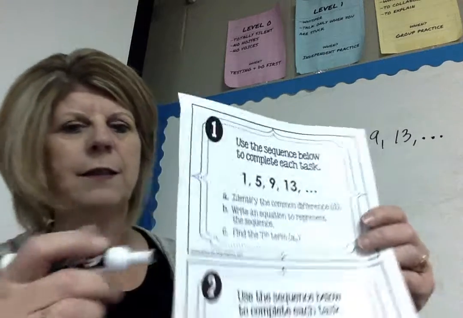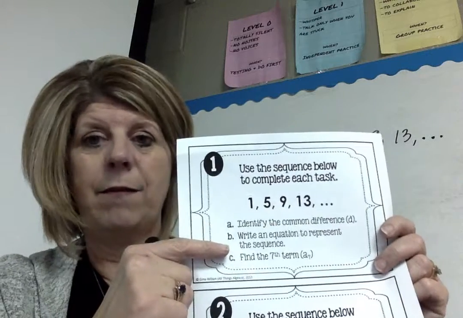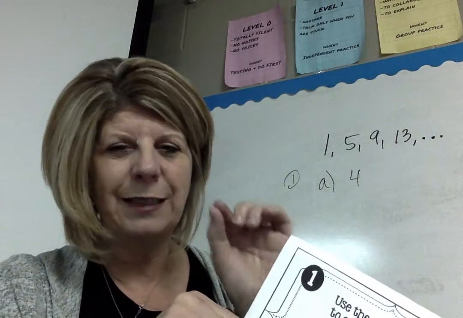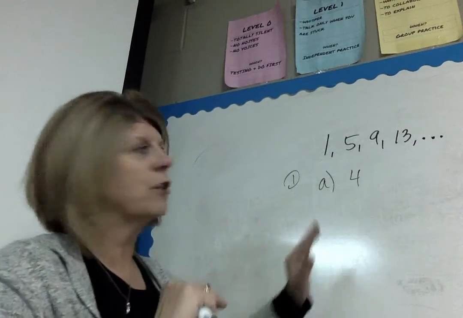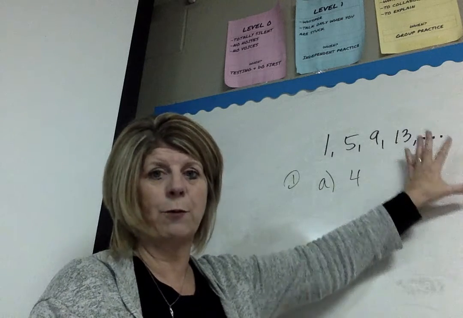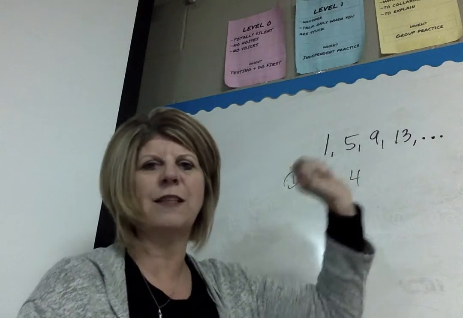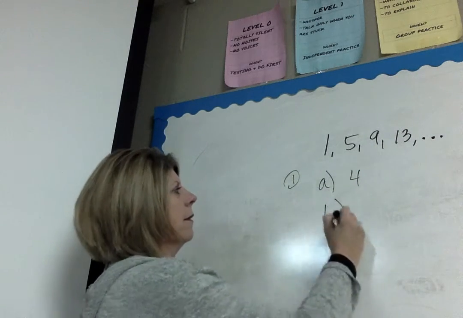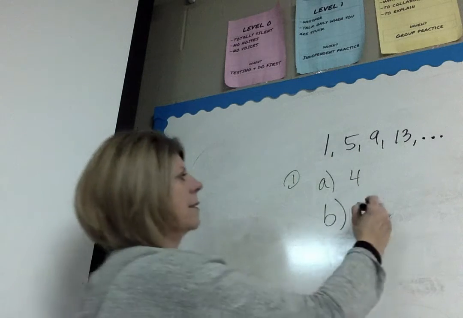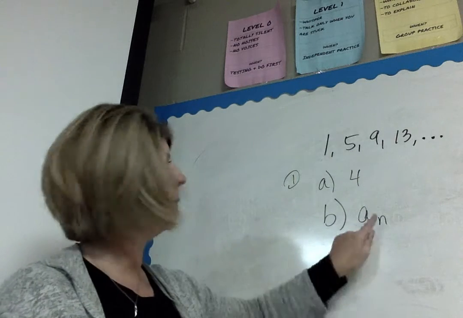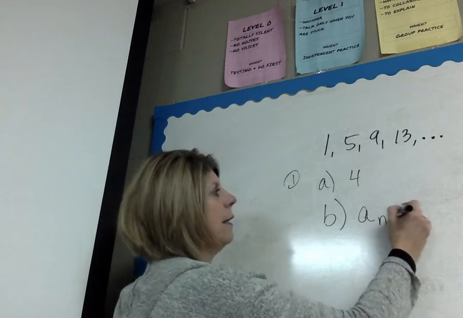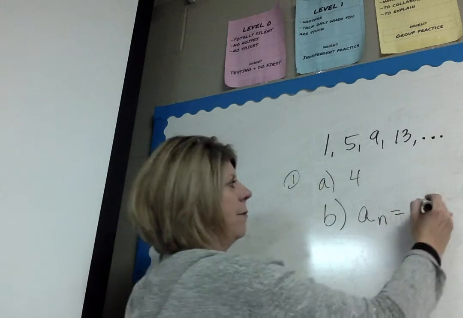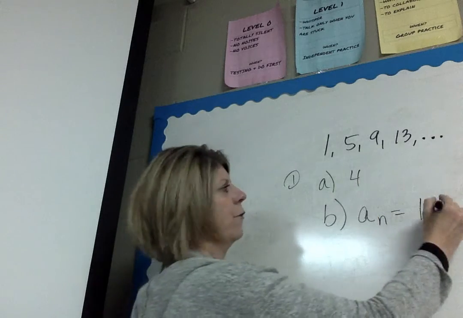The second one says, write an equation to represent the sequence. When we just want to write an equation to represent the sequence, and we can put in any term, we need to do something just a tad bit different than yesterday. If I just want to write an equation to represent the sequence, then I can find the 100th term, I can find the 200th term. I can write an equation by doing this. Your equation is still going to be a sub n, which means any term that I want to find, equals, what's our first term? That stays the same. Plus, now it's a positive 4 for the difference,